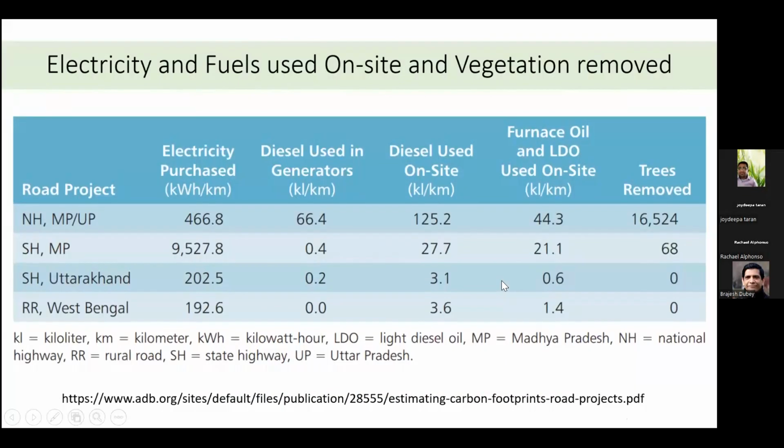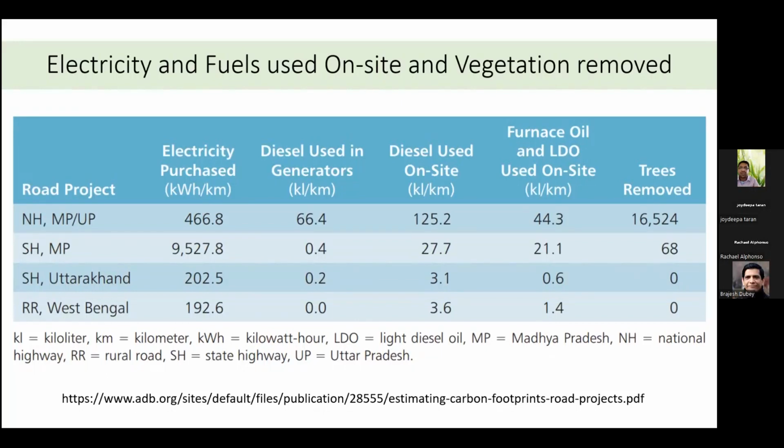Once you have done that complete activity, and once you understand what inventory database you want to develop, do iterations multiple times, visit the industry or your site multiple times, read the DPRs, and do an extensive literature survey. Whatever data is directly collected is your primary data. If any data is missing, make assumptions, use theoretical calculations, use secondary data reports, and develop your complete inventory database. It is very, very important. It is the heart of life cycle assessment. Once that data has been developed, you can do impact assessment.